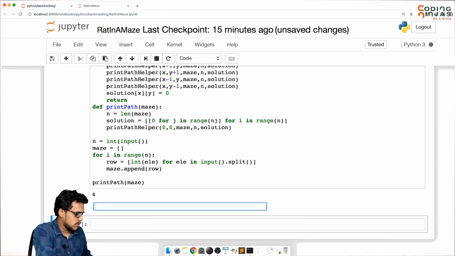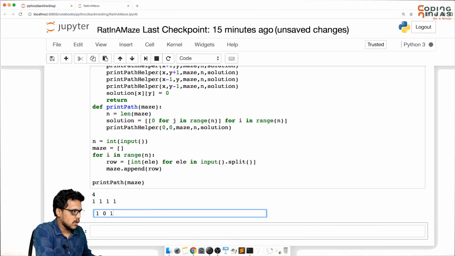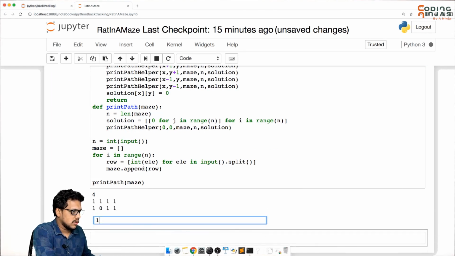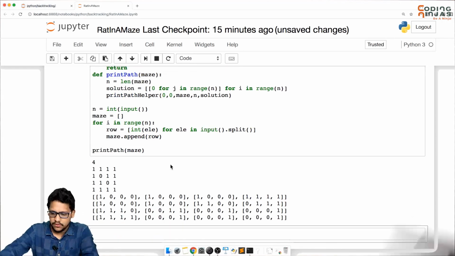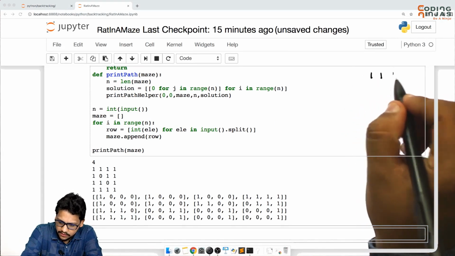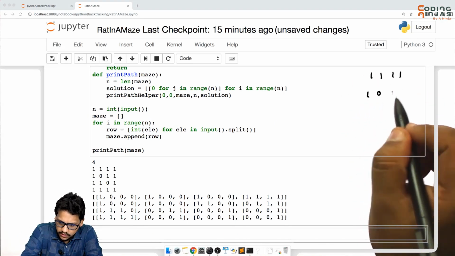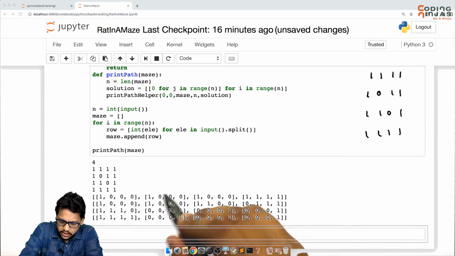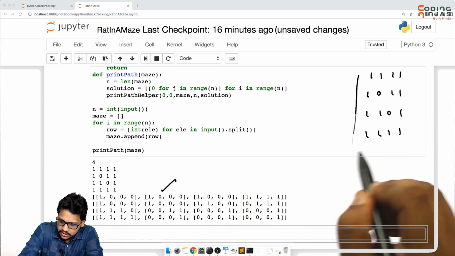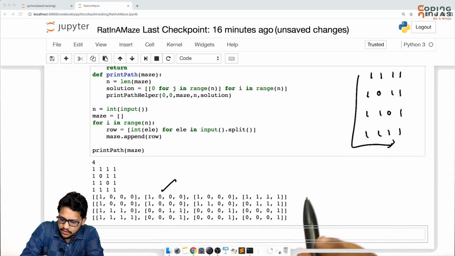Let's say we have 1 1 1 1 1 0 1 1 1 1 0 1 1 1 1 1 as the original matrix. We have these 4 paths. The first path which is coming is this 1 1 1 1 1 1.